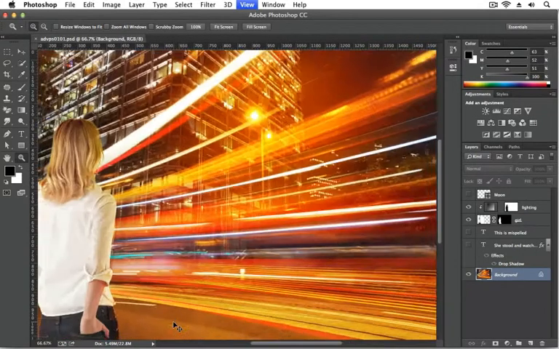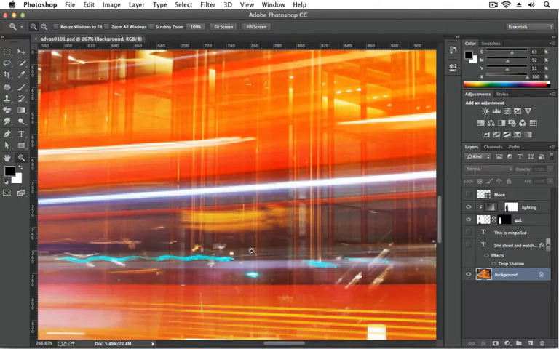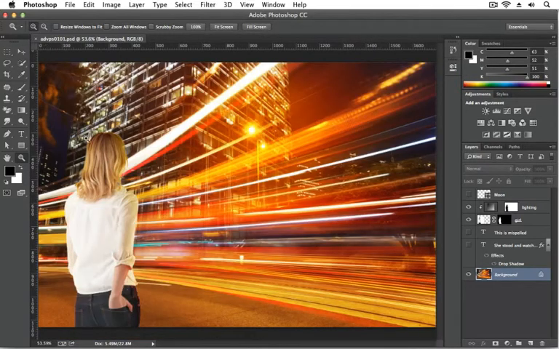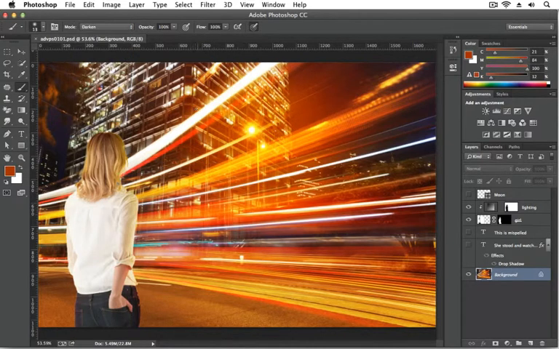Now some other helpful tips: if you hold down your spacebar and your Command key or your Control key, you can have the zoom tool available to you at any time, and then you can click and drag. So for instance, if I zoom back out by pressing Command or Control 0, and then I decide I'm going to take the paintbrush, I'll sample this color out here by holding down my Option or Alt key, and then I'll change the blending mode, maybe make it darken, make my brush a little bigger by pressing the right bracket,